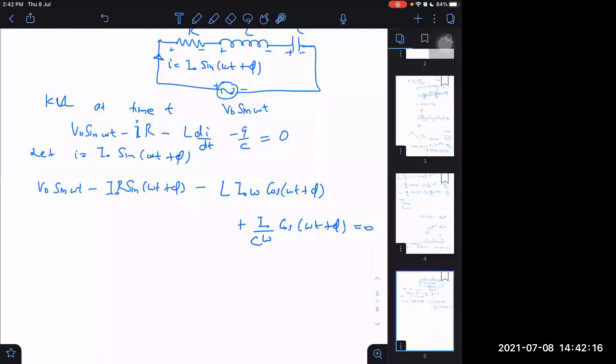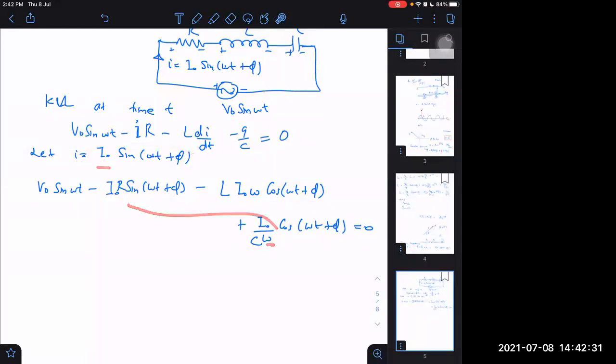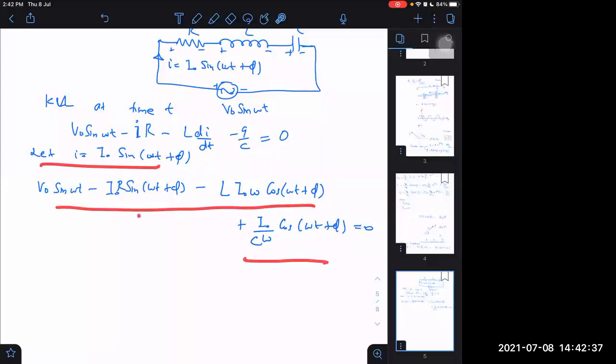Now you notice one thing here. This is by assumption. Why? I told you that because the differential equations have a unique solution, even if I guess the solution in the beginning and then I see whether it satisfies the equation or not. If it satisfies the equation, then it will be treated as a valid solution only. So first I guessed it. I wrote the solution according to that. Now it can satisfy this.